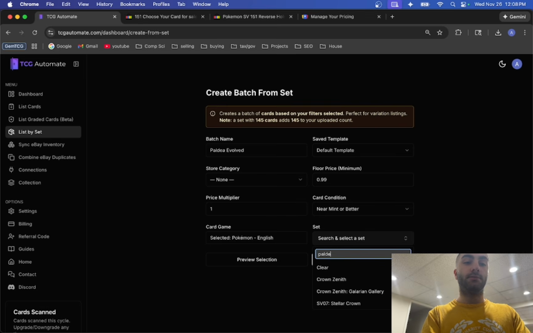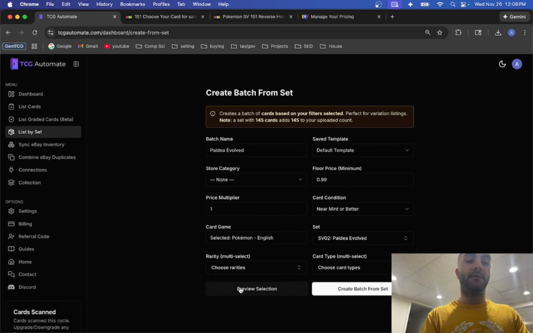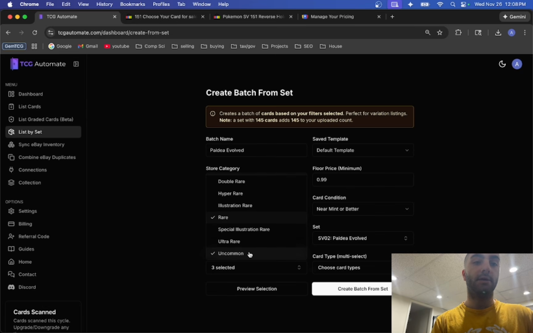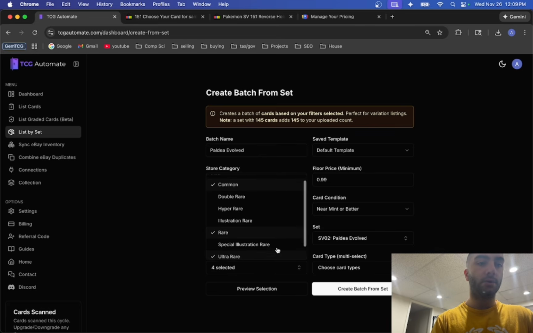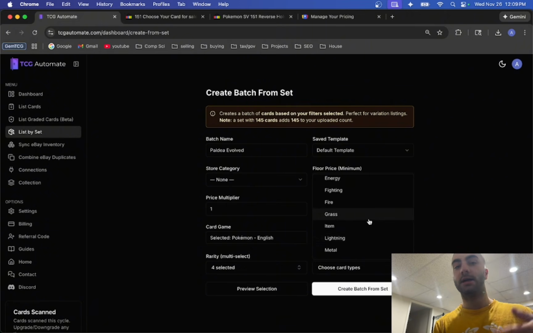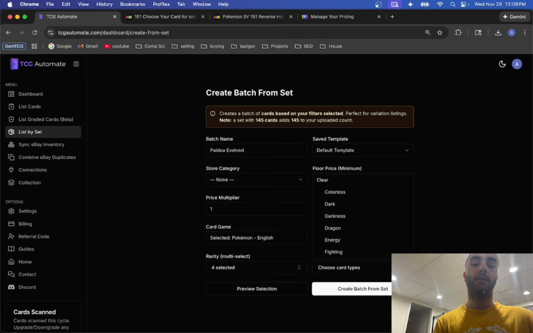In this example, I'm going to be doing Paldea Evolved. You could also narrow it down more than that. What I do for my variation listings is I'll do commons, rares, and uncommons. Sometimes I do the ultra rares too. You could also narrow it down by type, so water, trainers, lightning. I'm going to leave that blank for now. This is probably more helpful for Magic because the sets are so big. But for this, if we just look at the selection,